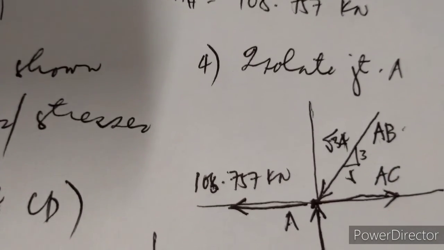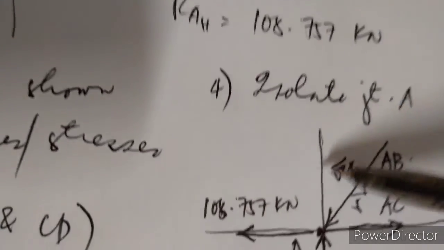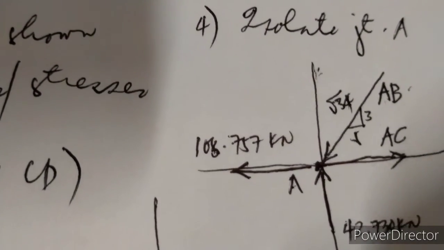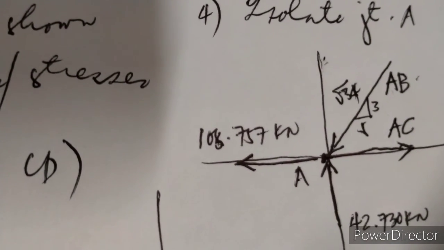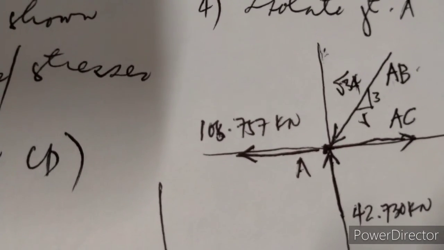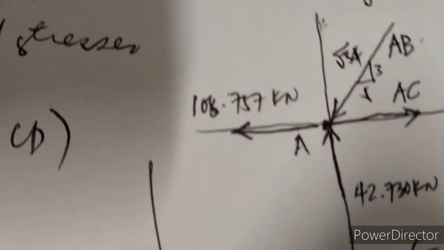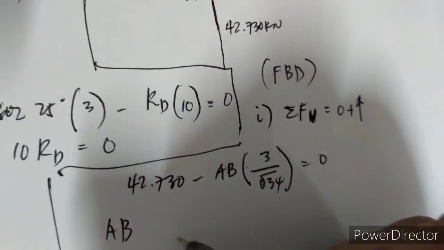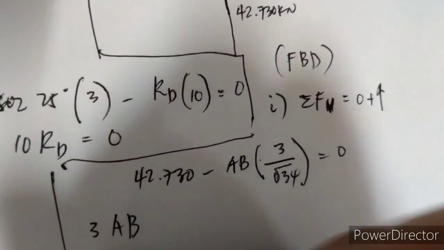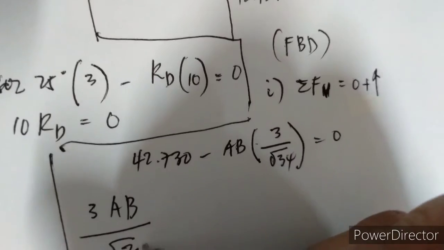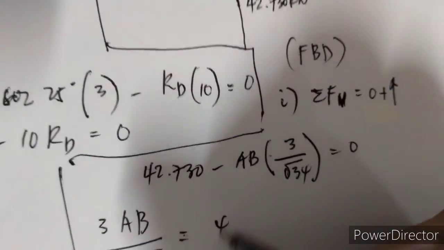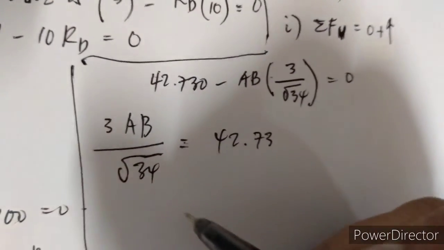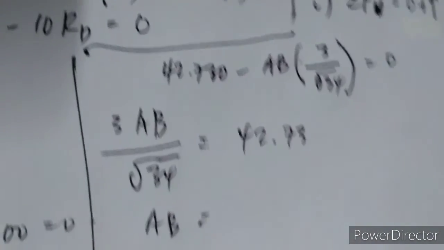If you use the vertical component, we use 3 over square root of 34, equal to 0. So AB times 3 over square root of 34 is equal to 42.73. Simplifying further, AB will be